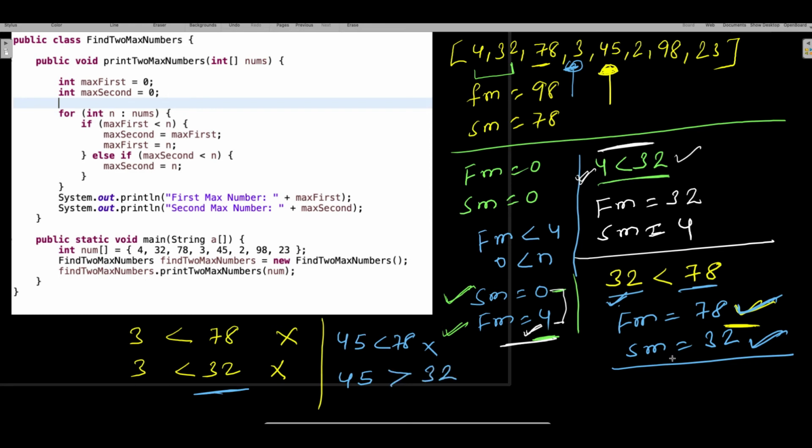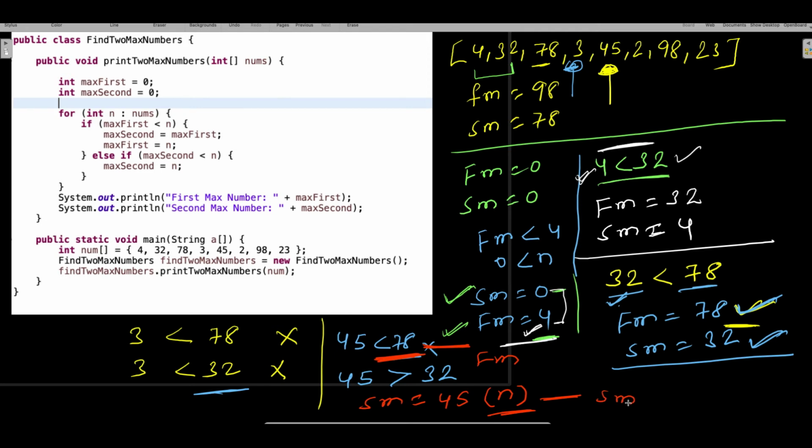So your second max now is not any more second max, but your first max is still your first max. You understand the logic, guys? Okay, your first max is still the first max, but your second max is not a second max. So in this case what happens? Your second max needs to be changed, and this should be equal to 45, which is equal to n, right? You got this logic? Till here you got it. Now you compare till 45, right? So after doing that, what happened? This guy 78 is your first max and your 45 is your second max.